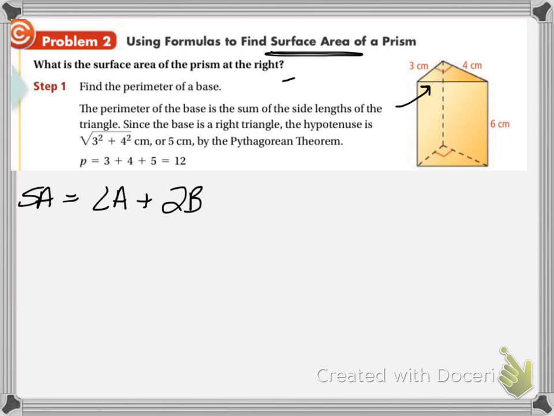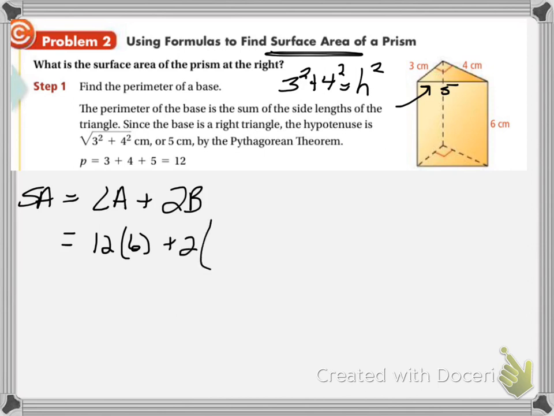Okay, so it would be 3 squared plus 4 squared equals the hypotenuse squared. And again, we talked about Pythagorean triples before. 3, 4, and the last side of this is going to be 5. 3, 4, 5 triangle. So our perimeter is 5 plus 4 plus 3, which is 12, times your height of the figure, which is 6,